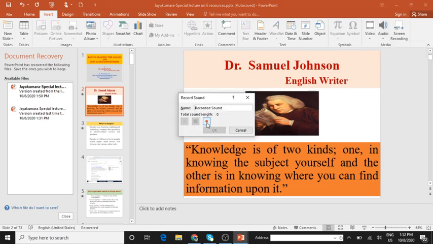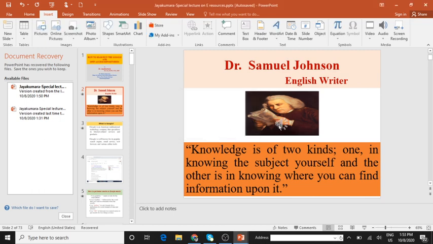This is the recorder, the same way how you do it. Okay, I'll give a name to that. Then, hey all, welcome back to your computer class, and this is the PowerPoint presentation software we are going through. Okay, click on OK. Play it.